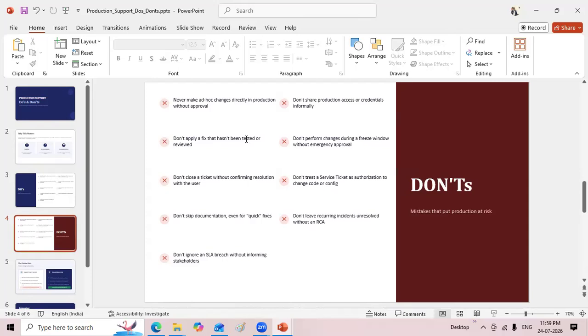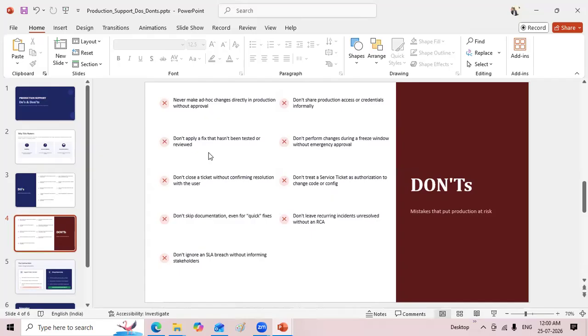Until something has been tested and reviewed and has been running fine after a particular interval of time, then you can go for it. If not, then you are not allowed to implement some changes, some deployments